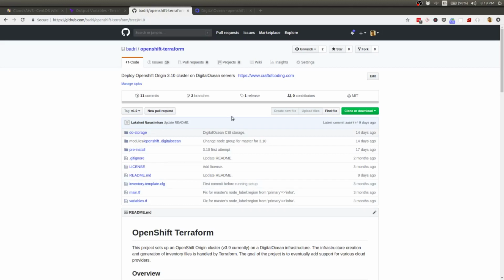This process consists of two steps. One is you create the infrastructure needed for provisioning the OpenShift cluster on top of DigitalOcean. For that, we use Terraform. The other phase is using Ansible to create the OpenShift cluster on top of these newly created DigitalOcean VMs. So you have to download this particular repository over here,